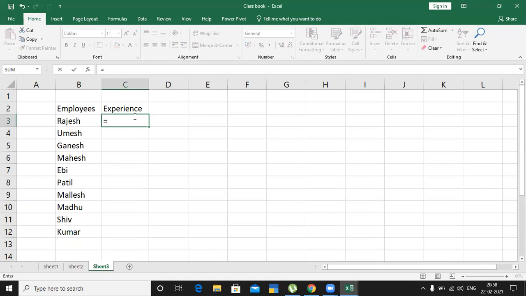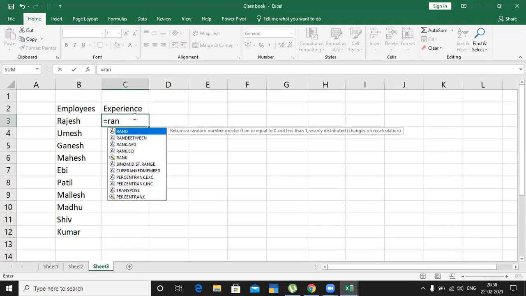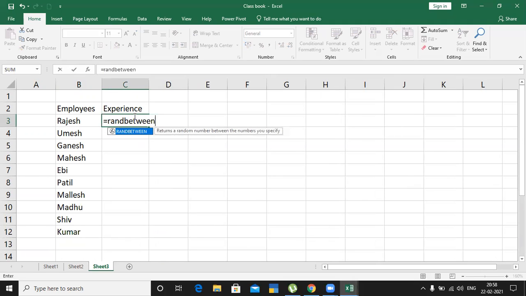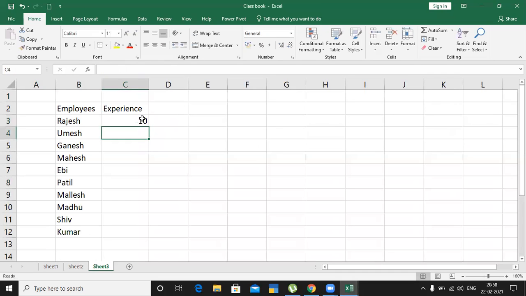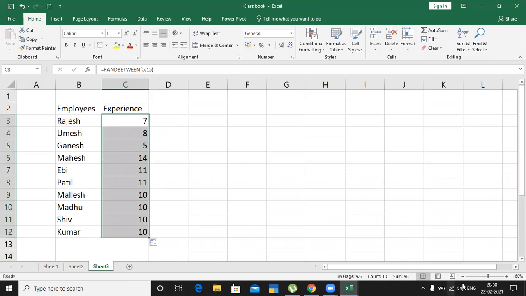Here I'll take experience: equal RANDBETWEEN, open bracket. I'll take 5 years as the minimum experience, then 15 years as the highest experience. Then click and drag.